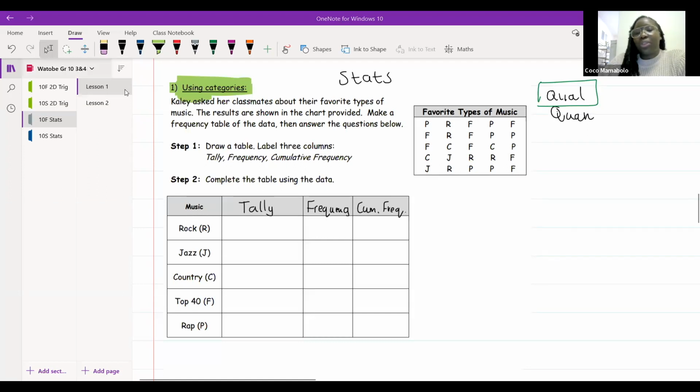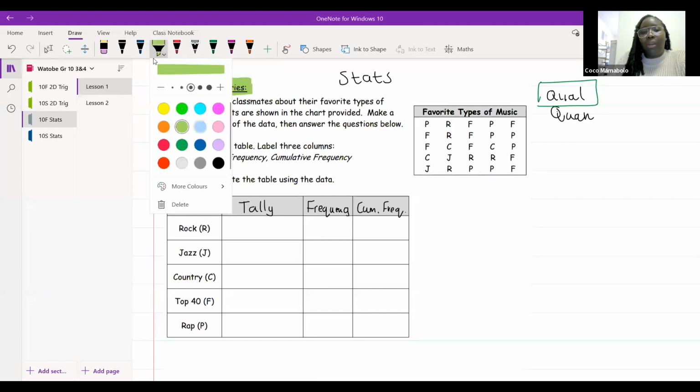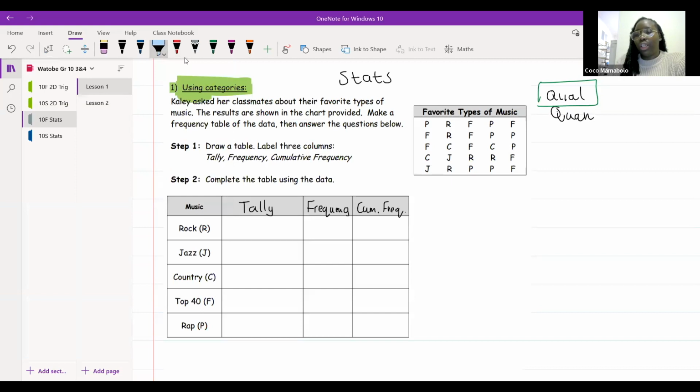Okay, cool. So what we're going to do here, guys, is first start by counting how many kids like rock. How many of her classmates like rock? Who's counted for us? 1, 2, 3, 4, 5. Good. 5 kids like rock. So that's 5. Now, in the cumulative frequency graph, we're going to write a 5 here. That's how we're going to start.